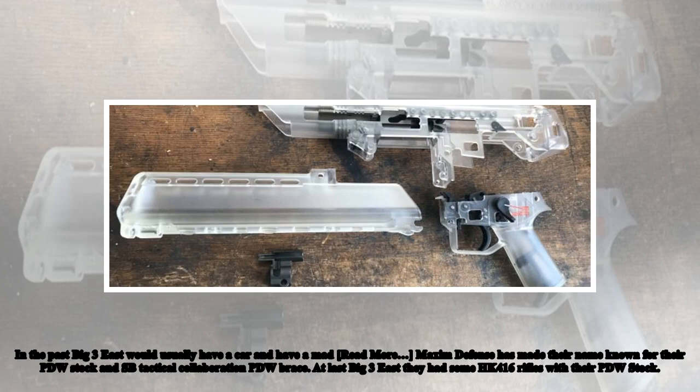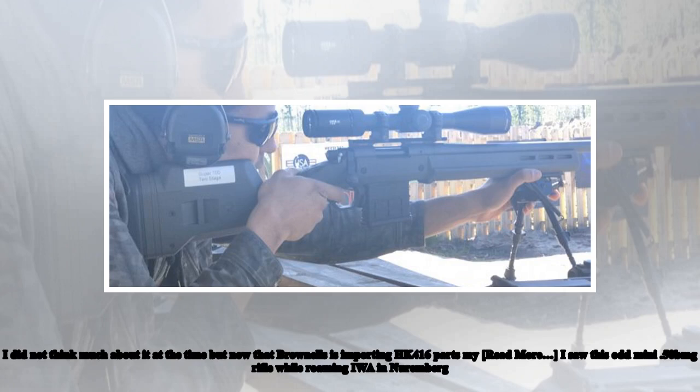Maximum Defense has made a name known for their PDW stock and SB Tactical collaboration PDW brace. At last Big 3 East they had some HK416 rifles with the PDW stock. I did not think much about it at the time, but now that Brownells is importing HK416 parts I saw